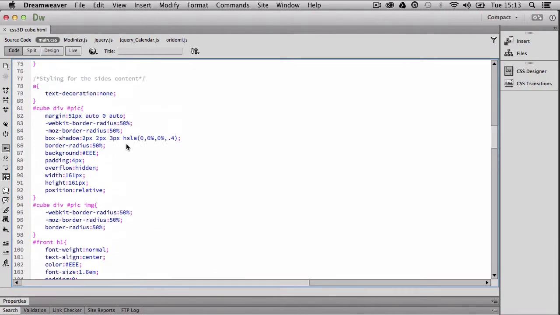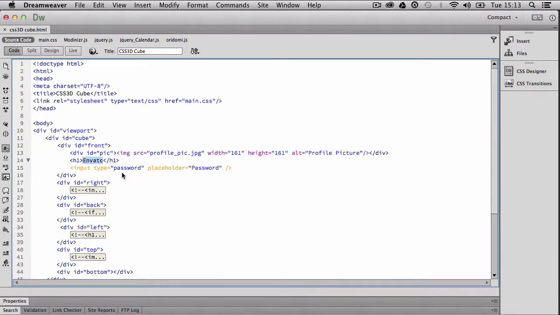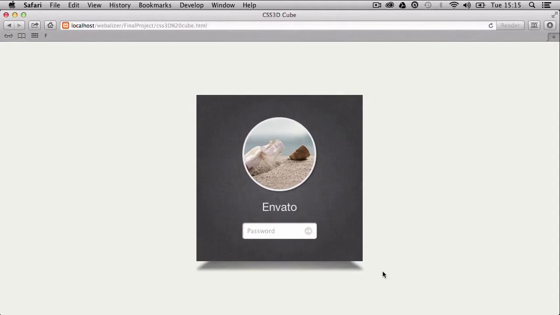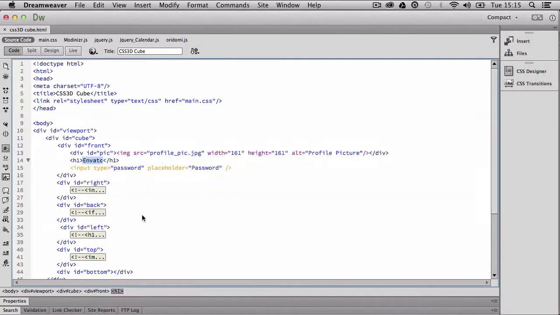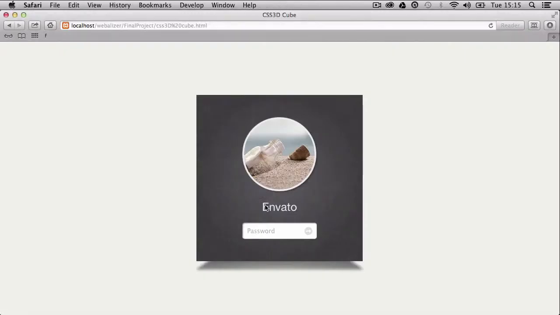So what I'm going to go ahead and do is actually go back, and we'll save that, and we'll actually take a look at this inside of the browser. So here you'll be able to see I have that profile picture. I've added a nice border radius on here so we get the nice circle effect, and of course I've wrapped that in a div element right here, div with the ID of pic, and that's just basically creating that nice border that we have. And then we have the header one, Envato, and then also we have the password or